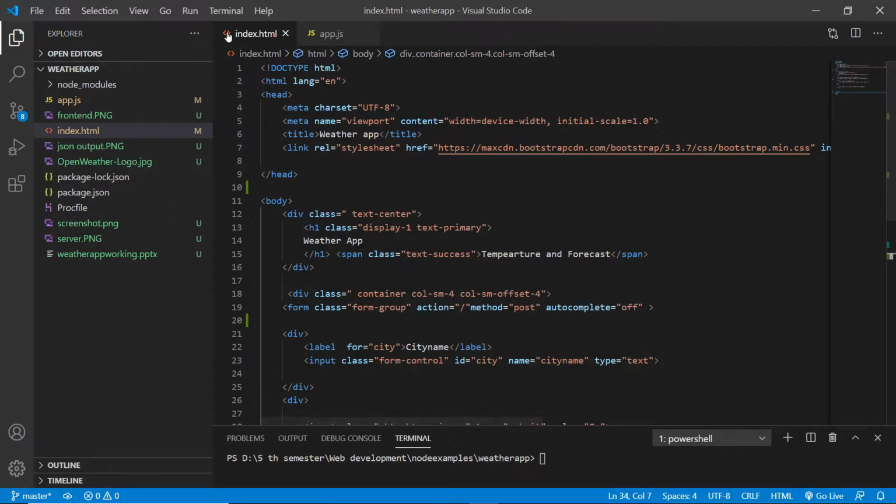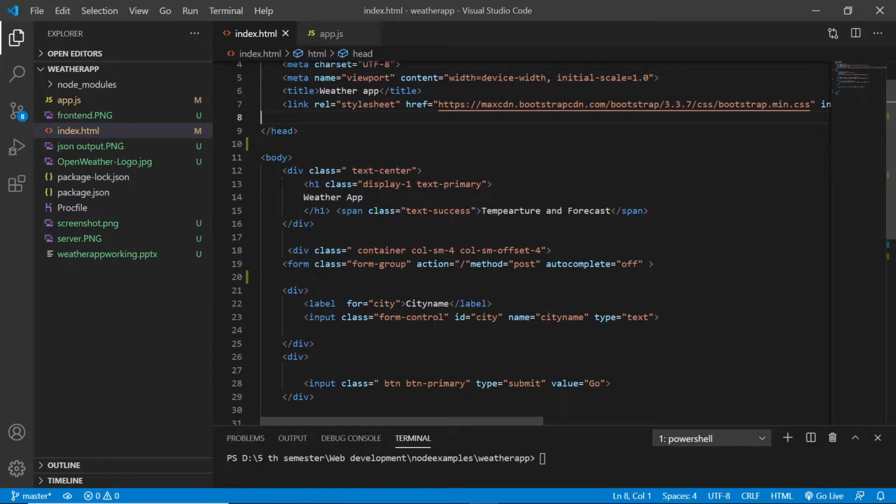Okay, now let's get back to our HTML. So we have named the HTML as index.html. Now we have created this HTML. So in the head section we are having these meta tags and the title, which we named as weather app, and this is the CDN. So this is pointing towards this particular CDN from where we can get the bootstrap. So we need to include this if you want to use the bootstrap.